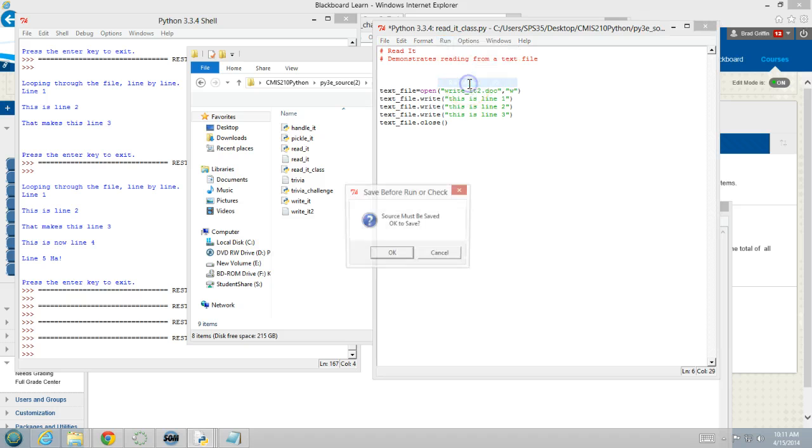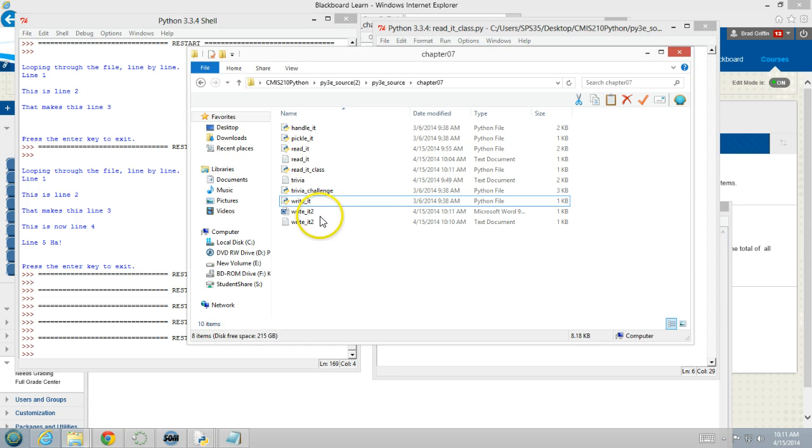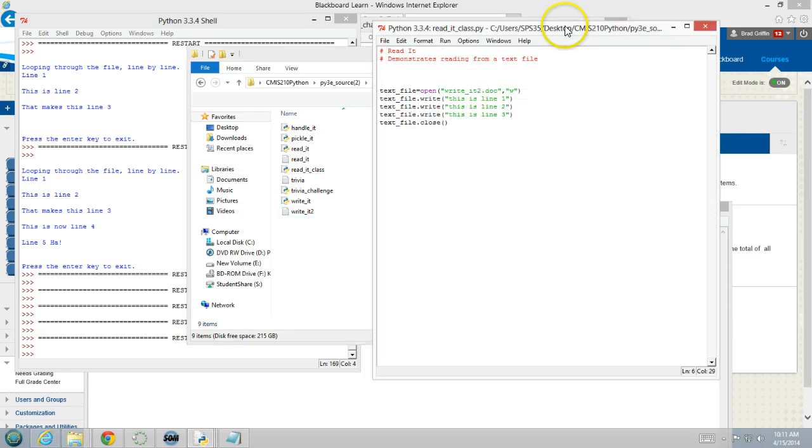So I'm going to run it, and I told it to save it as a .doc file. Now, it's not really a doc file, but notice what... Oops, back here. Notice now, because Windows just looks at that extension to see what that file is, Windows thinks it's a Word document. So there are some security issues doing this, but I just wanted to demonstrate that. So you need to make sure that you save it as a